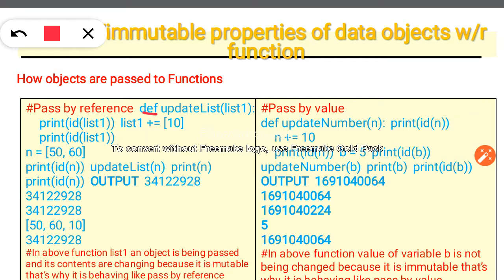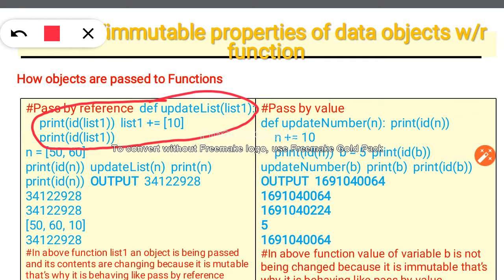So just think of this def whole line is starting from here. Okay, then print id, I'm just removing these lines. Print id list 1, and then in the next line list 1 plus equal to 10. Now this is nothing but a function. The whole portion, this whole portion is a function.